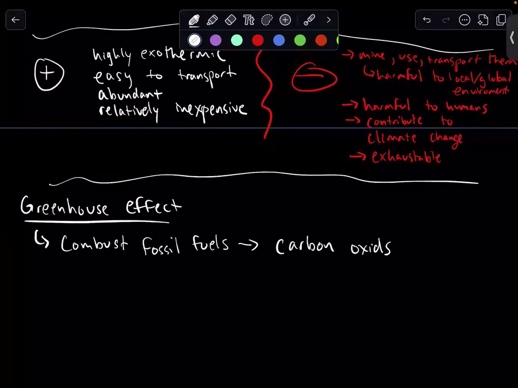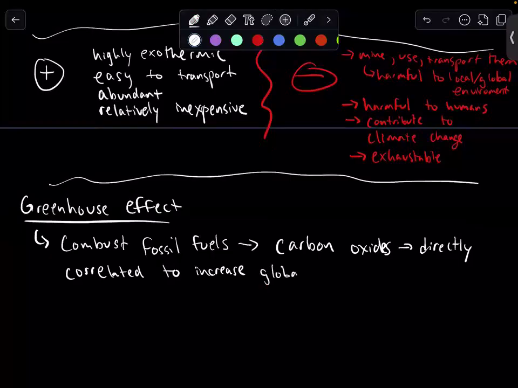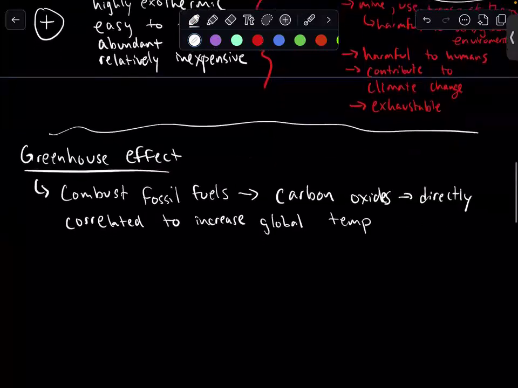What I'm talking about are CO2 or CO, carbon dioxide or carbon monoxide, which are directly correlated to increased global temperatures. So why? And that is the greenhouse effect, which is more the absorption